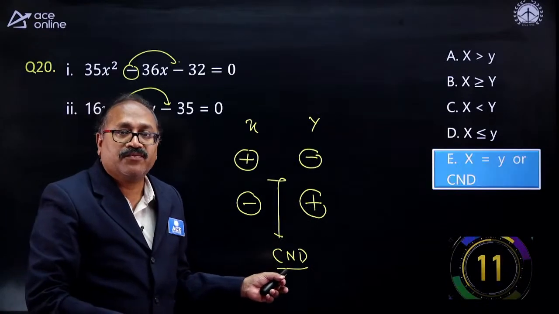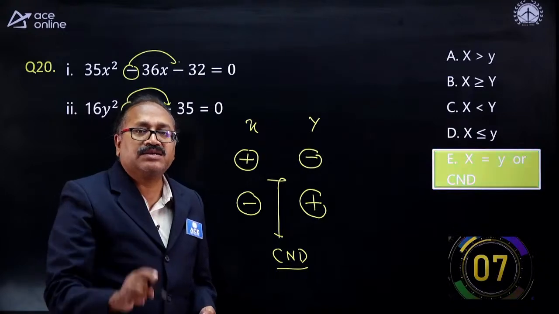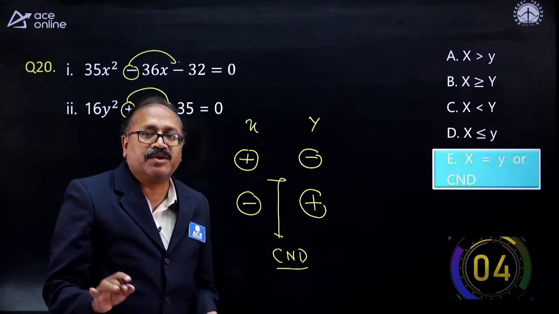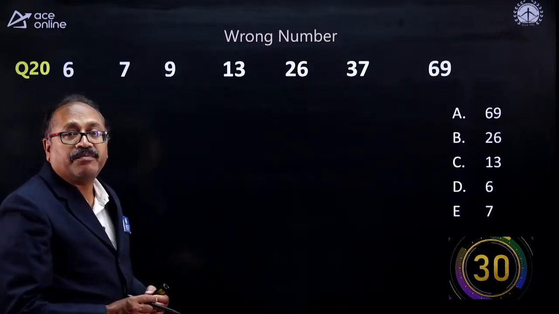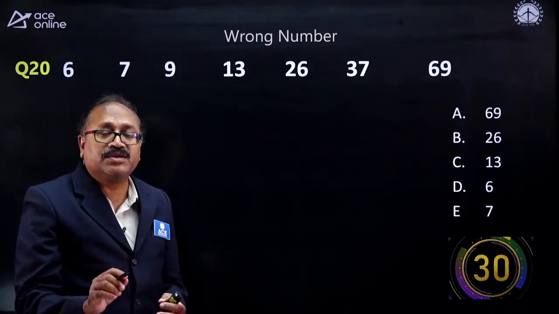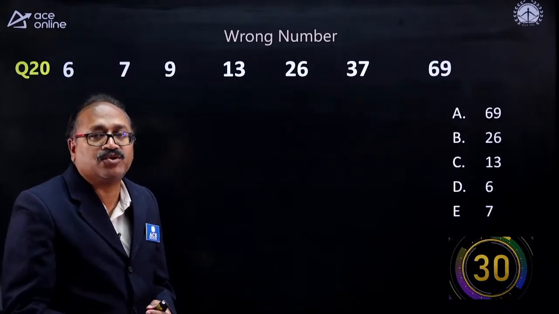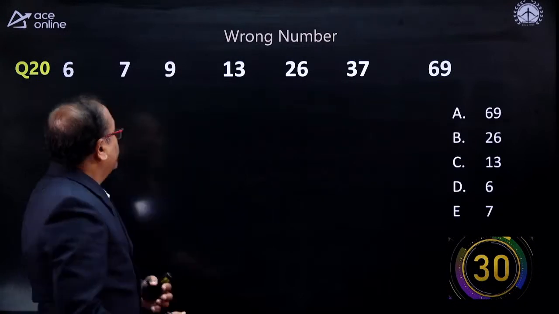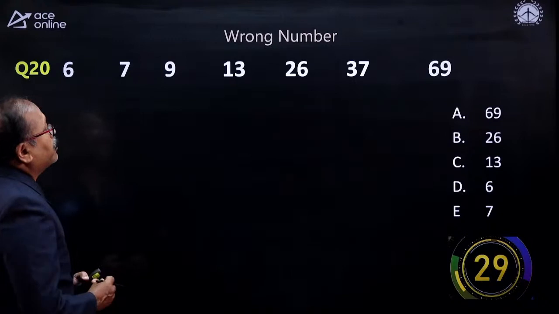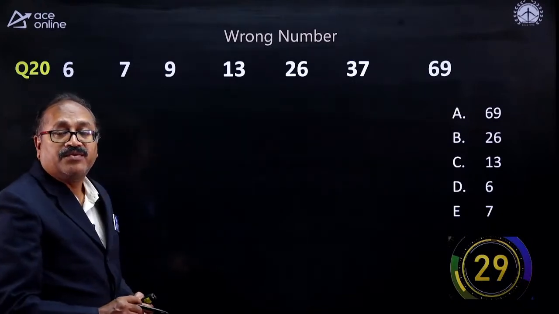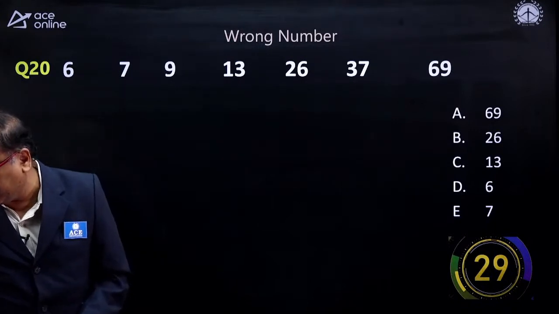Okay? Fine. So the next part is the number series. At least one number series I will do, and then I will conclude because the time is up. Now here is the number series. Identify the wrong number. With this particular question, there are another 4 questions, which we will discuss in our tomorrow's class, 11 a.m. Now answer this question. Which one is the wrong number? That is what you are expected to identify.